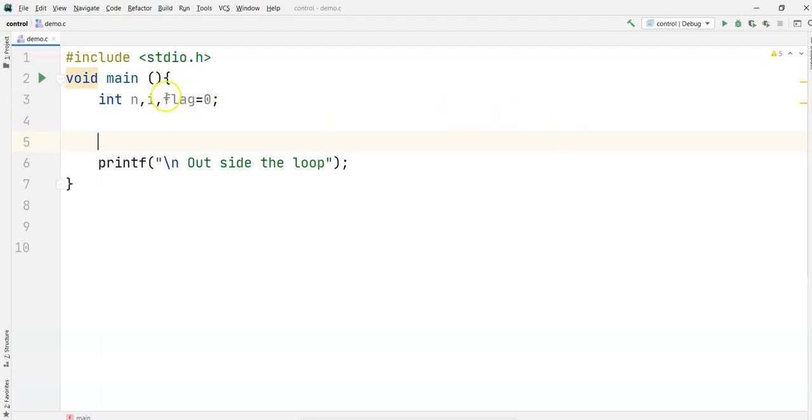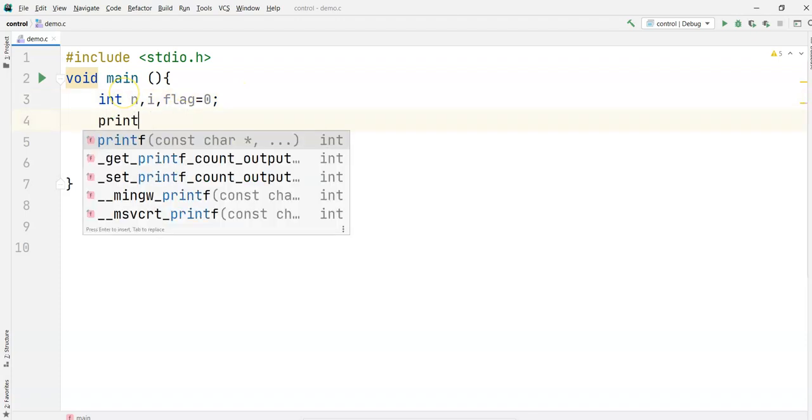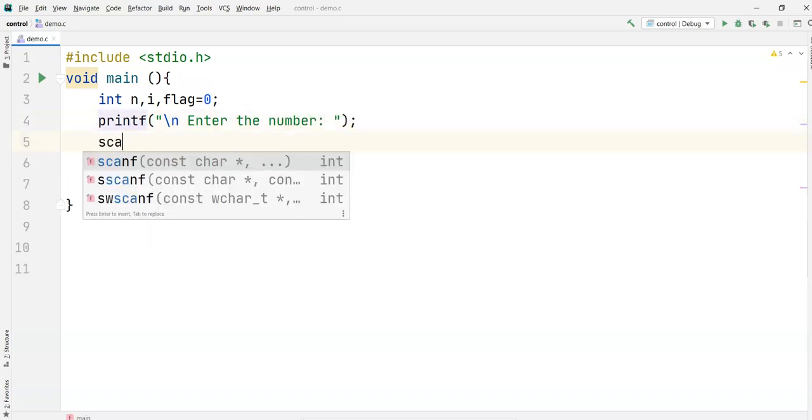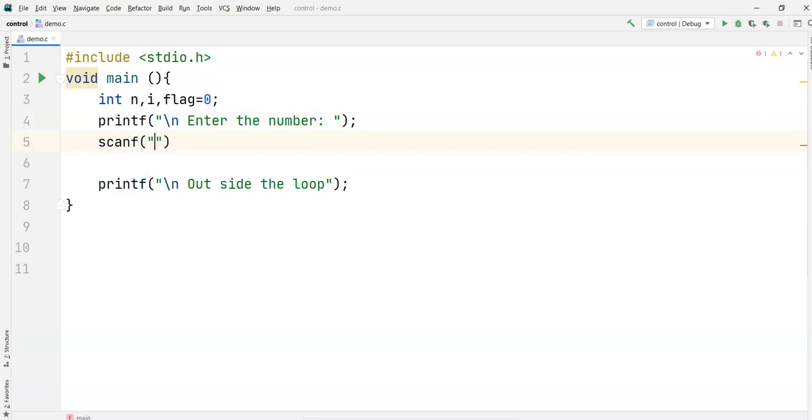Generally it checks whether a given condition is true or false. Initially I'm taking flag equal to 0, and n for the number. printf, enter the number. We need to read that number: scanf percent d, comma, ampersand n.